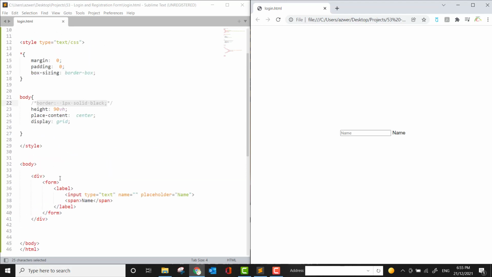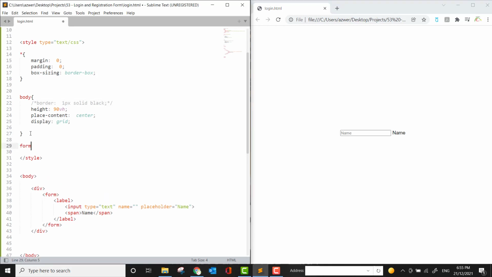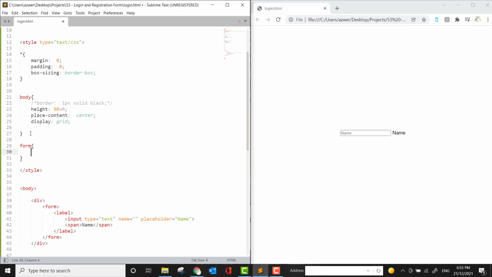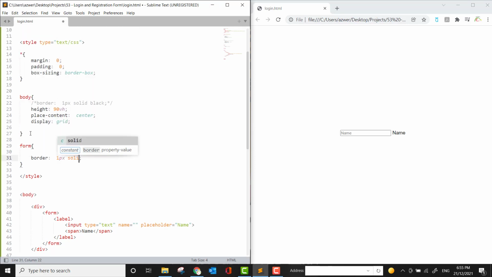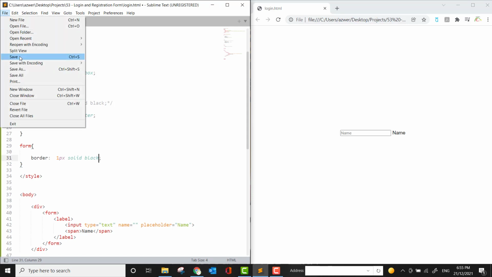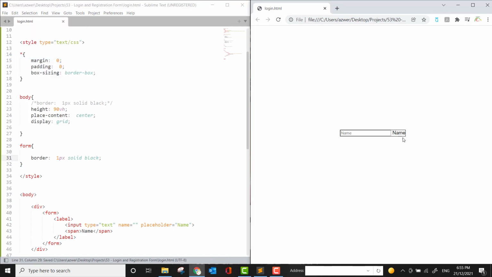So I will target the form element next, and I will say form, an opening curly bracket and a closing curly bracket, and I will provide it a border of 1 pixel solid black. Okay, and I will save it, and we now have a border